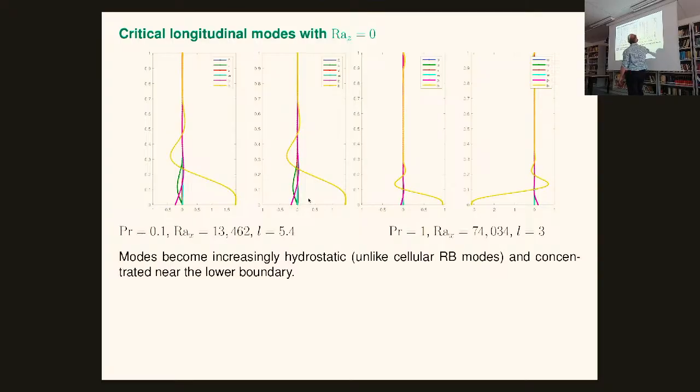And what you find, this is U, V, W, P and B, with also 0 for reference. You find that as I do this, these modes are increasingly hydrostatic. They're dominated by a balance between buoyancy and vertical pressure gradient, which is completely different from Rayleigh-Bénard, which is not at all hydrostatic. And they're also concentrated near the low boundary. You can see all the action is down here. You can see your nice BDX coming down to 0 here. No flux of heat through the bottom.